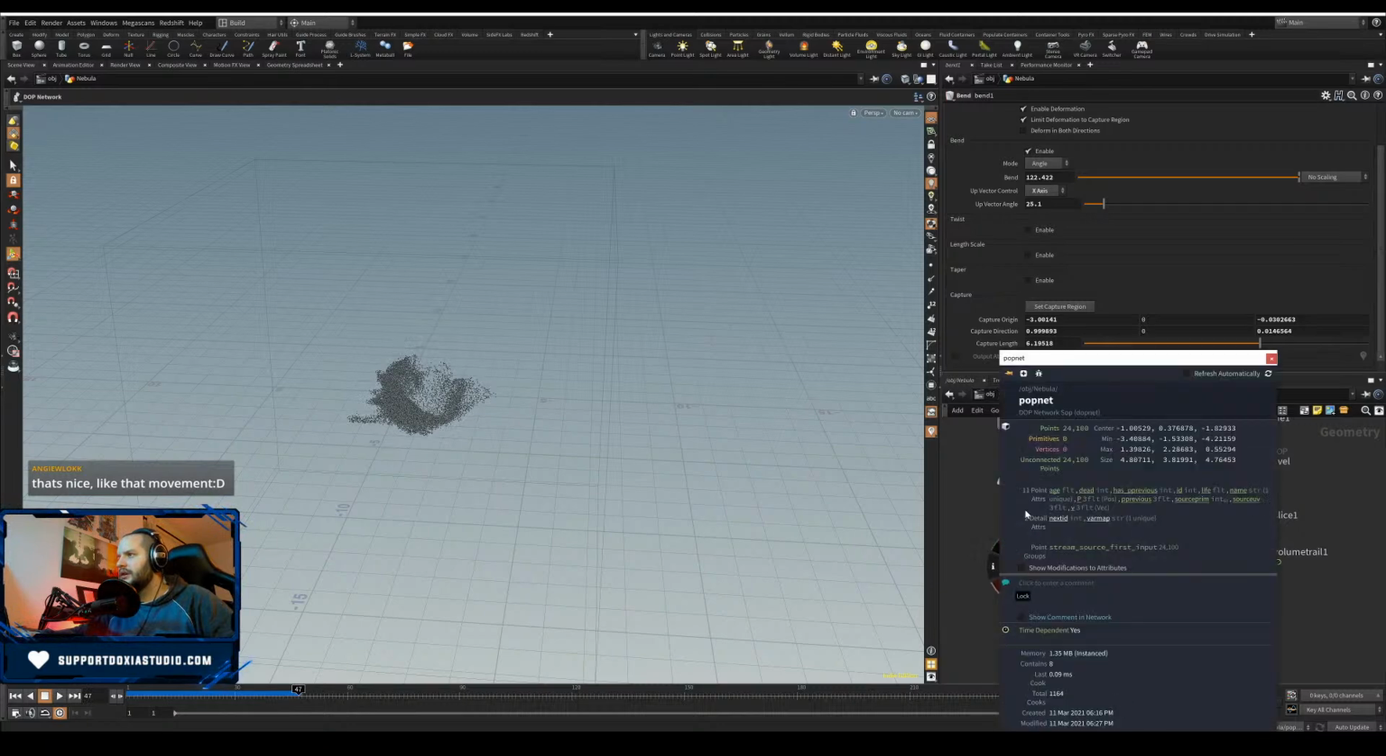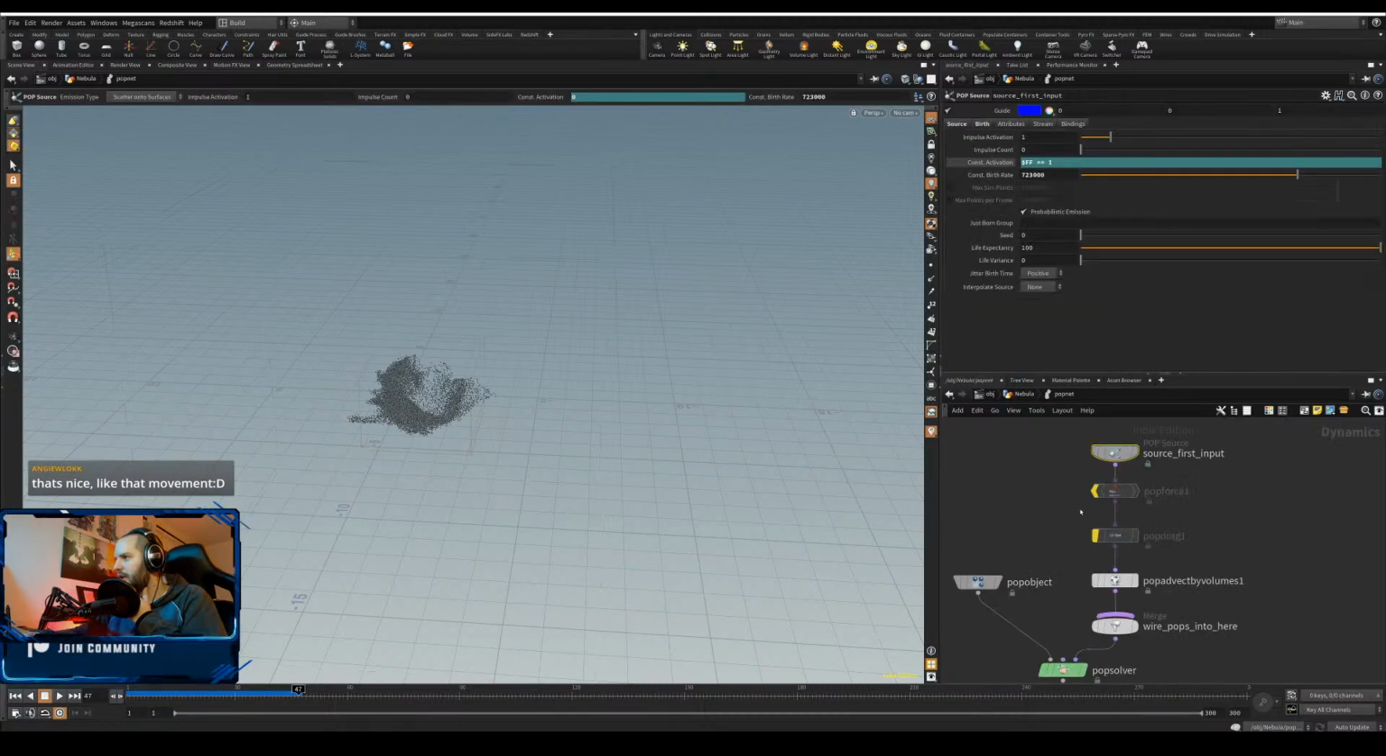Let me see. So, I'm doing something wrong here because constant birth rate per second. Okay, so